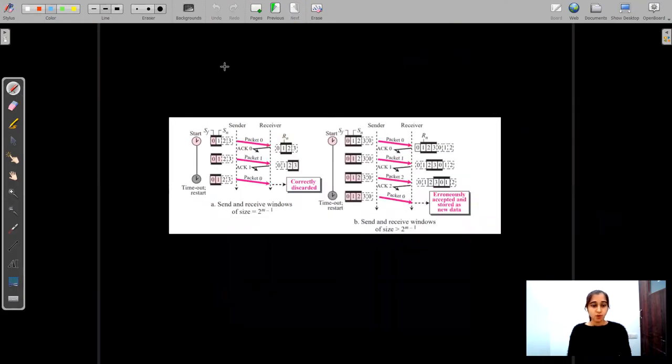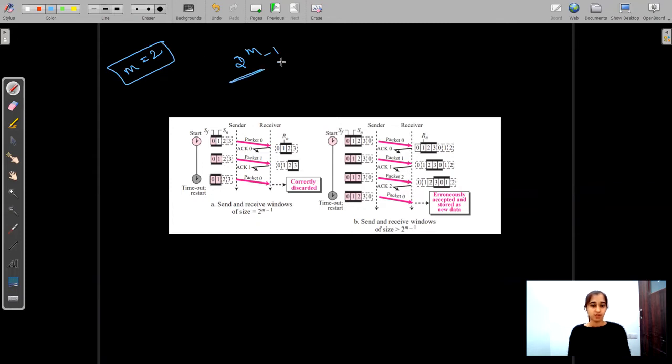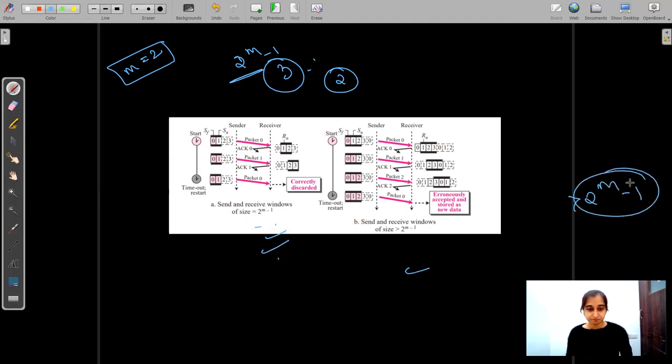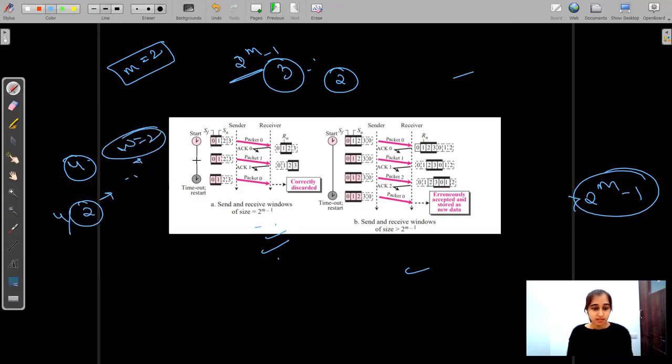Okay, so here let's suppose the window size is 2^m minus 1, where m is equal to 2 here. So 2^m minus 1 gives you 3, or you have 2. The window size should be at most 2^(m-1). Let's suppose here you have 4 frames, right? Exactly half of 4 is 2, so the window size is 2. Okay, so what's happening here is